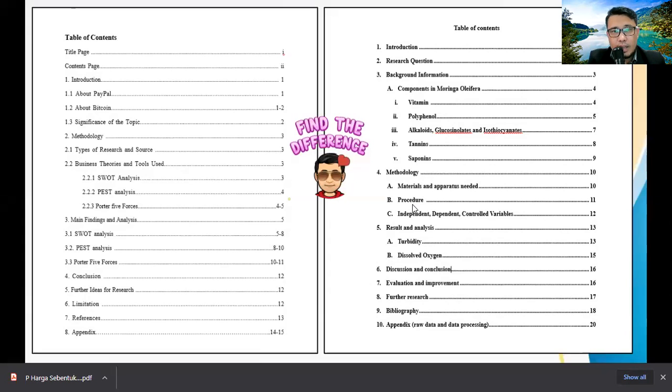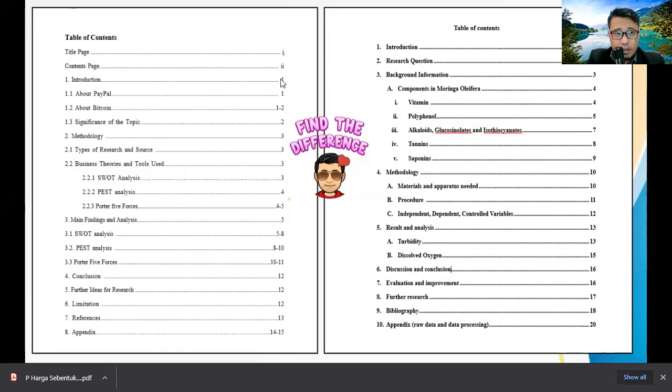All right, so this is the other one. I think you can see the difference here. We need to look at where the main body is. You can see the title page and the content page are put in here, while here there's no title page and content page. Is it okay? That's still fine. As long as you put this one, this is correct. Introduction starts with a number. Here also the introduction is